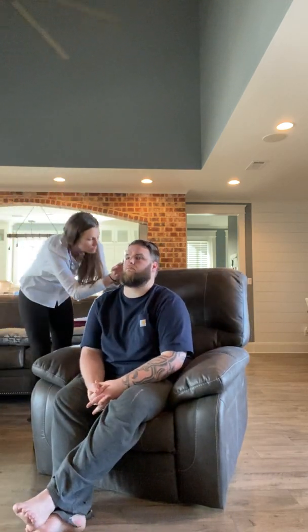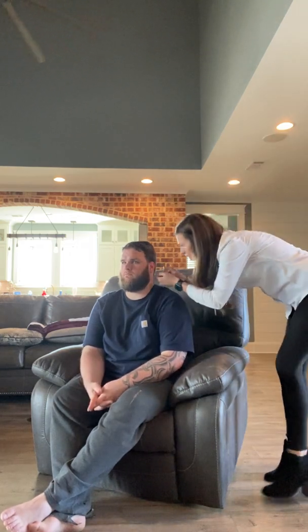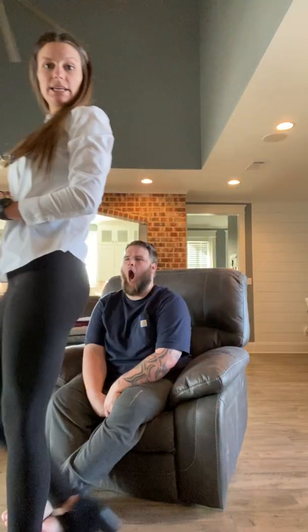I will examine the auditory canal, noting the tympanic membrane, which is white and pearly gray. Going to assess